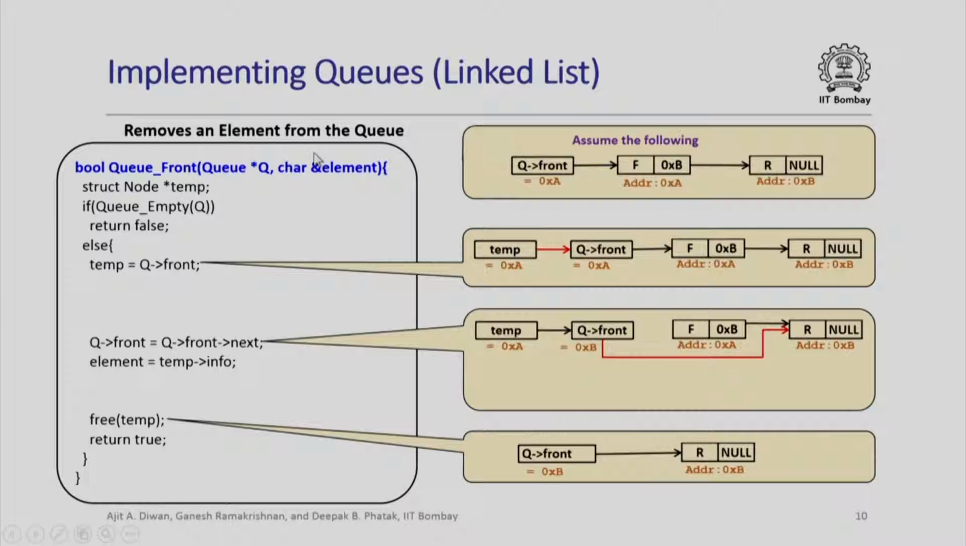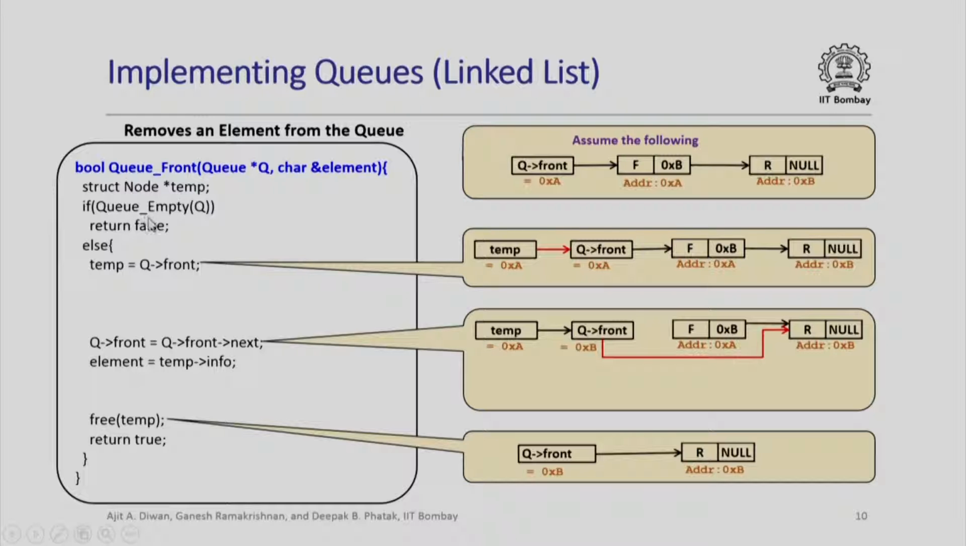Removing an element from the queue is very straightforward. Whatever queue front points to is the element that needs to be removed. Of course, that assumes that the queue has f and r as two elements. When I remove f, queue front must point to r. It's a very simple operation. So what I do is